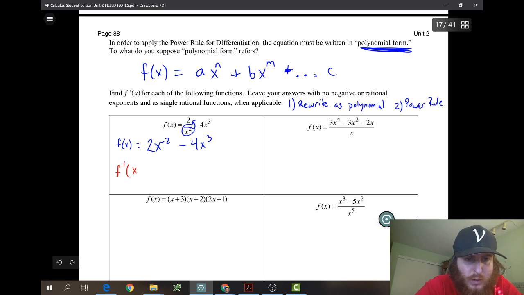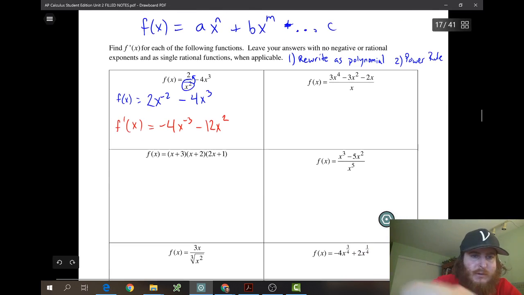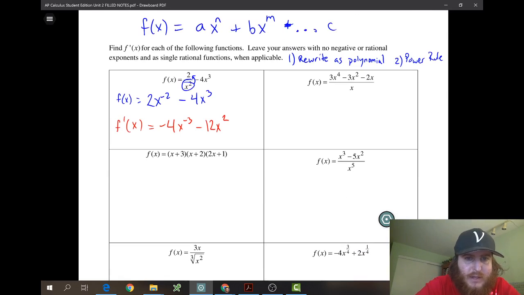So now we're going to multiply negative 2 times 2 is negative 4, x to the negative third, and minus 3 times 4 is 12x squared, right? We subtract off 1. Now, on a free response, you can box this. This is a perfect answer. But on a multiple choice, they might just bring the x cubed back to the denominator, right, and make that exponent positive